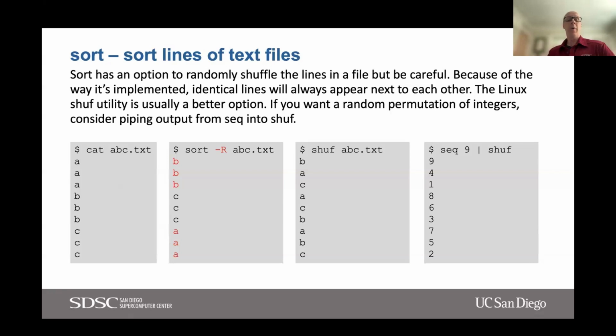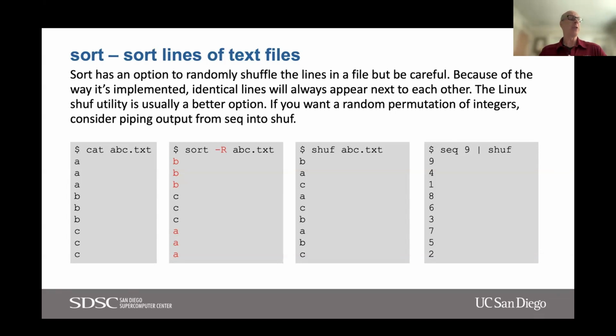And finally, one more option that you should be aware of for sort, and that is to randomly shuffle the data. But I'm going to tell you to use the shuf command instead of sort, because there's a little unexpected quirk with sort. So let's say that you have a data file that you want to randomly sort. This might come in handy if you're doing, say,